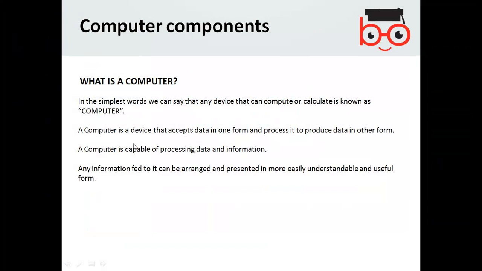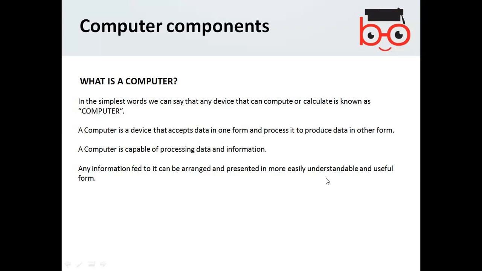A computer is a device that accepts data in one form and processes it and produces data in another form.